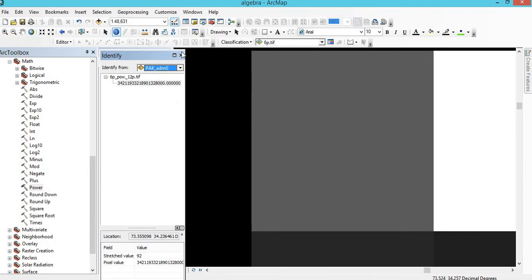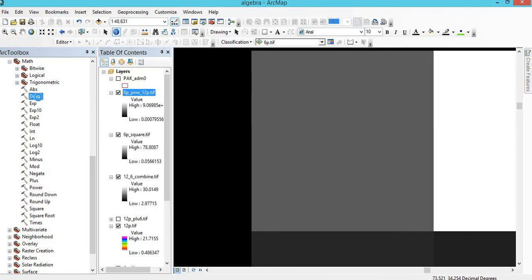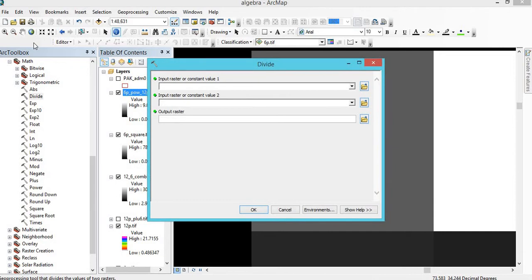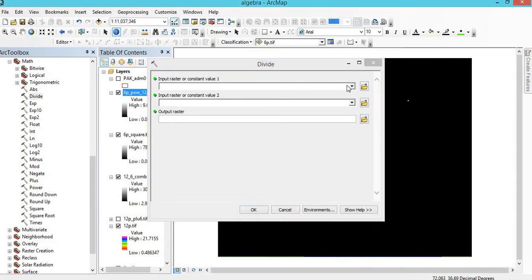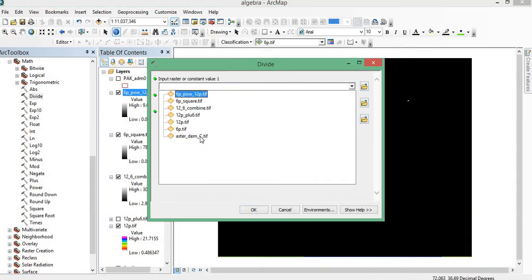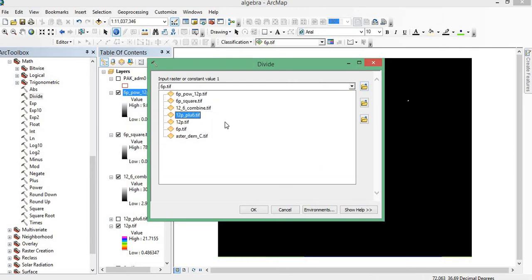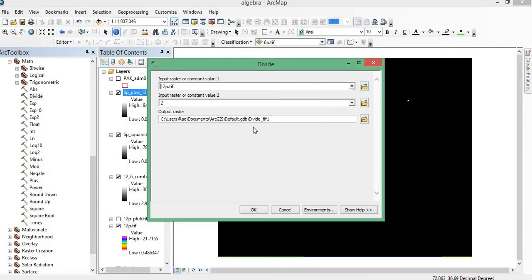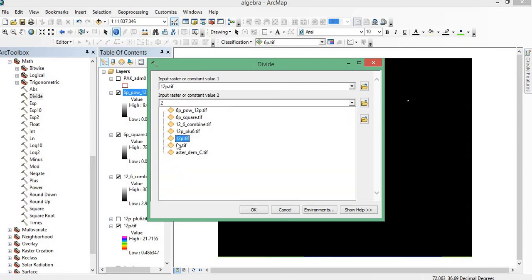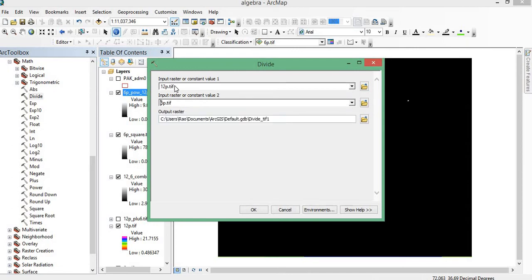Now if we want to divide the functions, like if we want to get x divided by 2, then you will perform 6p divided by 2. And if you are using y divided by x, then we consider 12p as y and divide by 6p. So this equation is now y divided by x.